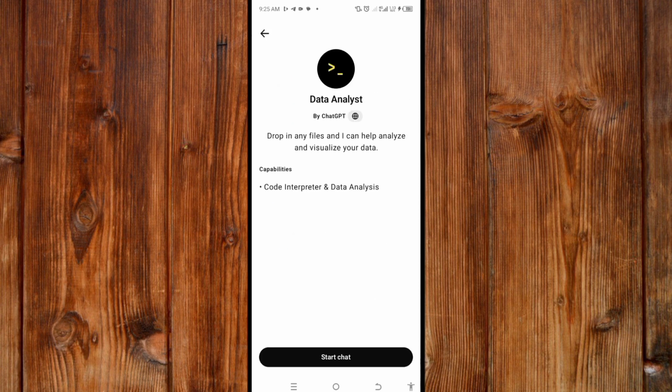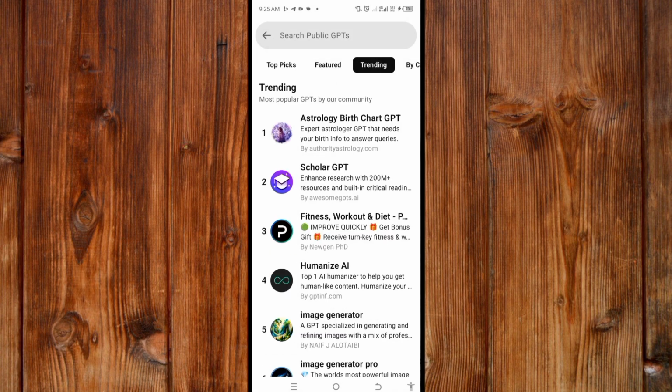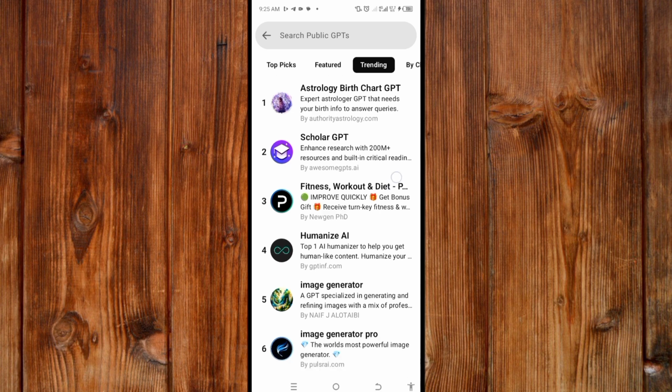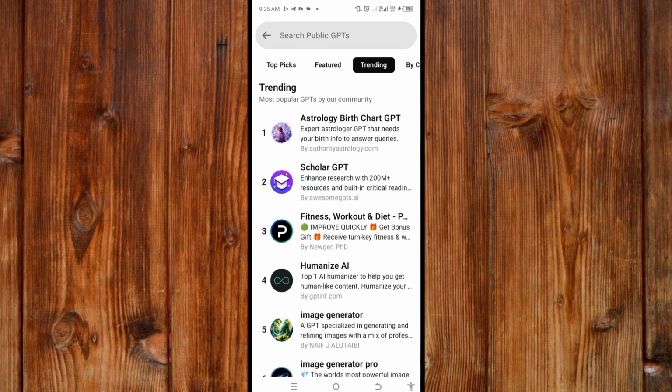And then here you can see what it's capable of. Then click on Start chatting and start using it. Here you can go back by clicking on this back arrow icon. Also you can find the trending ones by clicking on Trending. You see it. You can also go back by clicking this back arrow icon on the top side in